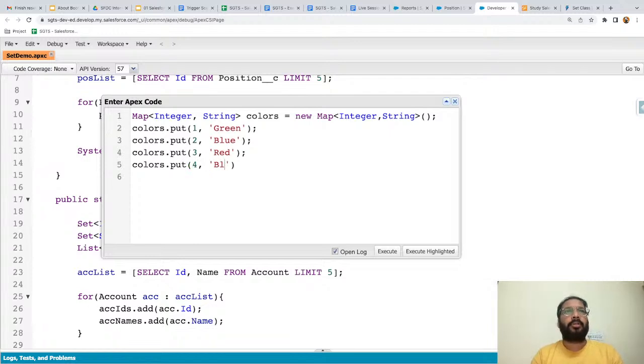So I just want to show you, we can have duplicate values, but keys should be different. Here you can see 1 is the key, green is the value, 2 blue, 3 red, and 4 blue. So blue is available twice, but at both places the key is different. If I want to show you the result through system.debug,